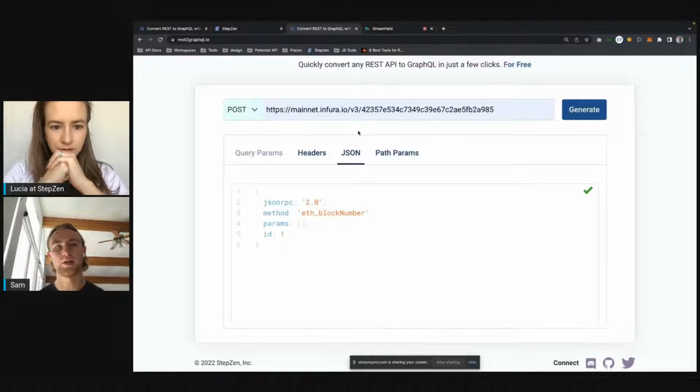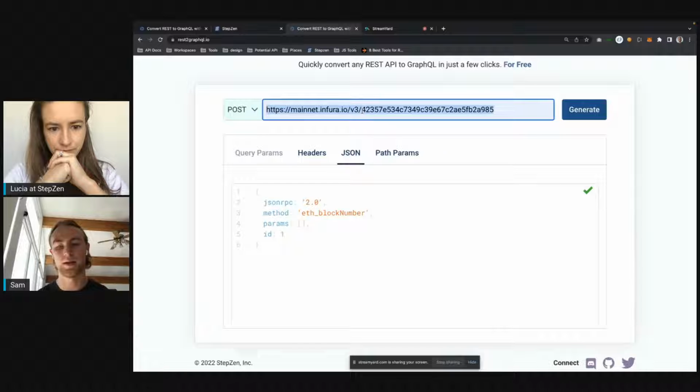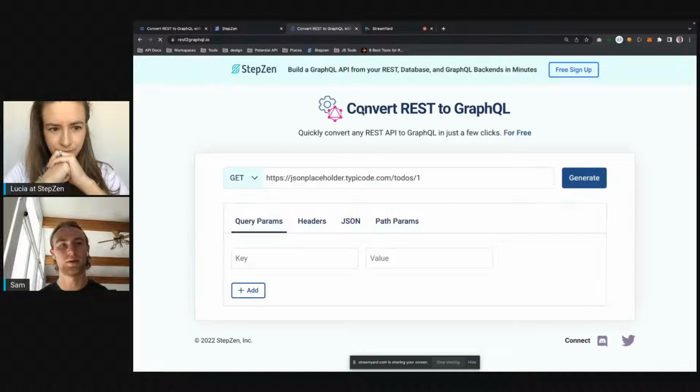So that page, I just wanted to show what we're going to get to. I'm going to generate that in just a few seconds. This is just take any REST endpoint that you have, punch them into here, and you'd be able to,